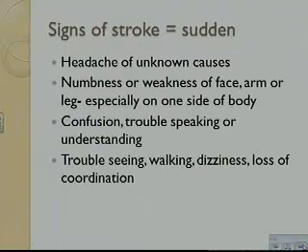Kind of putting it all together. Signs of a stroke are sudden onset. A few listed here: sudden numbness or weakness of the face, arm, or leg, especially when it happens on one side. Sudden confusion, trouble speaking or understanding. You all of a sudden have vision problems. You have sudden dizziness, loss of coordination, trouble walking, or a sudden headache with no known cause. Those are the signs you need to be looking for.